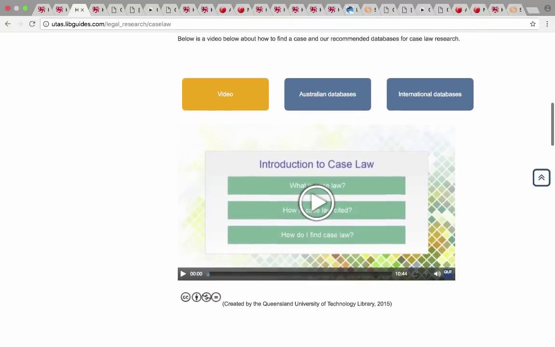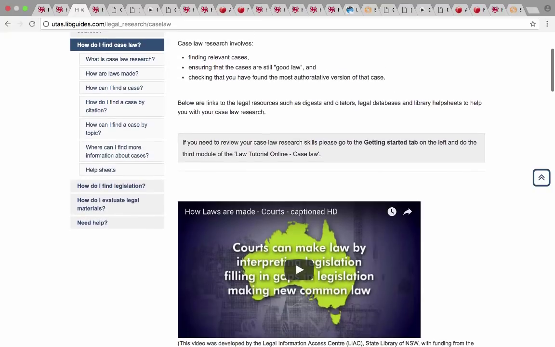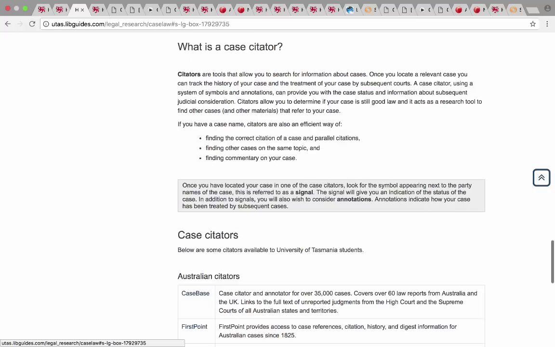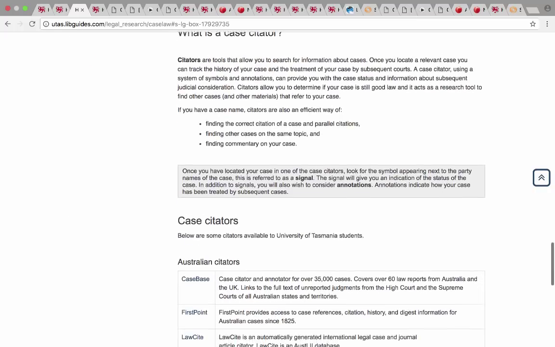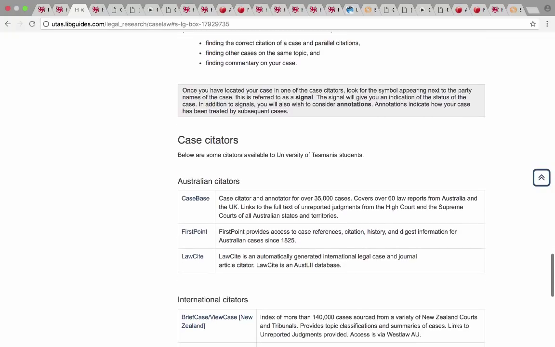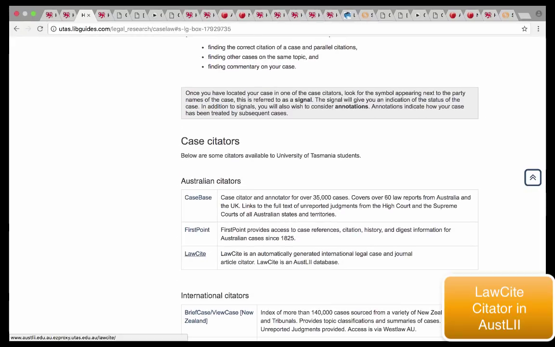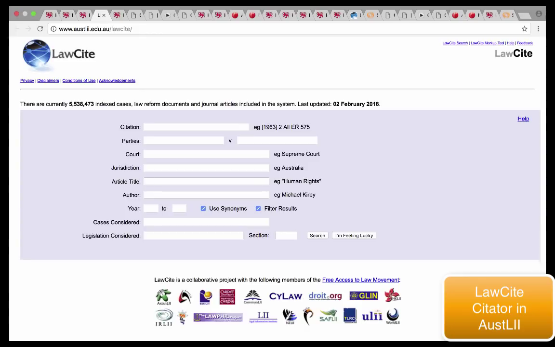and in here we have, how can I find a case by topic, by citation, where can I find more information about cases, and so this shows us what case citators we have access to. And we'll have a look at LawCite in OSLI first of all. So we're going to go back to our